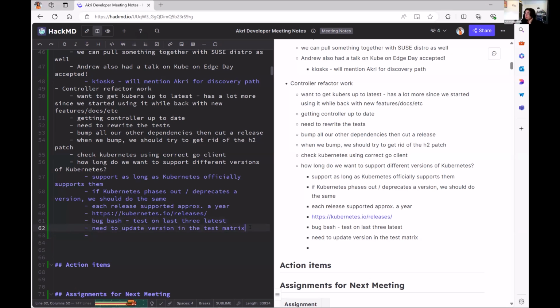Yeah, I think we can go ahead and just bump that to latest, or whatever our matrix is. Our test matrix is higher than that, I assume.